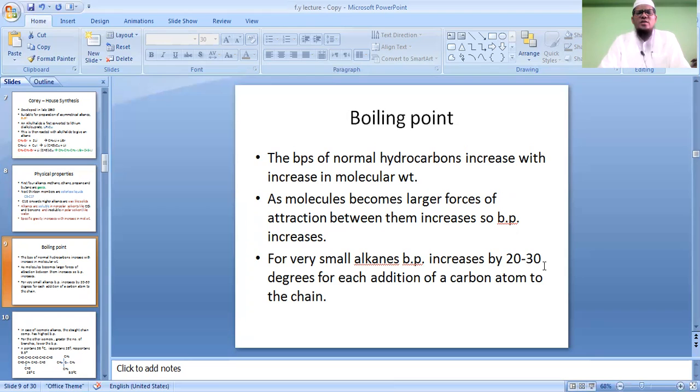20 to 30 degrees Celsius for each addition of carbon atom to the carbon chain। कार्बन चेन को हम एक कार्बन एटम ऐड करते हैं तो इसके साथ ही उसका बॉइलिंग पॉइंट 20 से 30 डिग्री सेल्सियस से बढ़ता चला जाता है। ठीक है, इन केस ऑफ स्मॉलर अल्केन्स क्या होता है, जैसे हम एक कार्बन एटम का इजाफा करते हैं, तो उसके साथ में बॉइलिंग पॉइंट के अंदर 20 से 30 डिग्री की इंक्रीज या राइज हो जाती है।